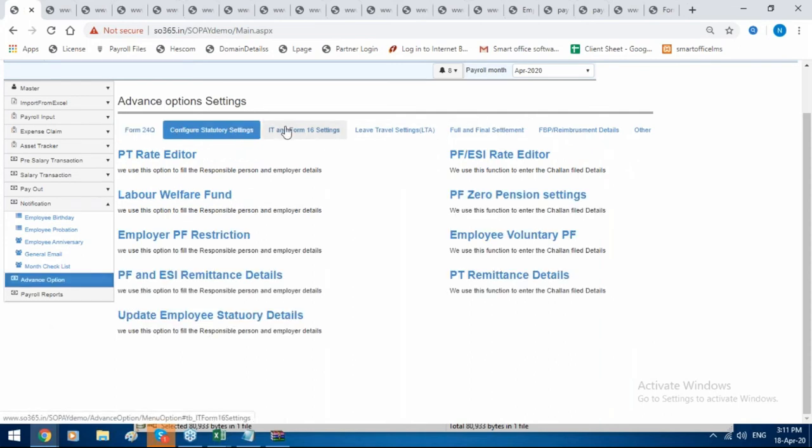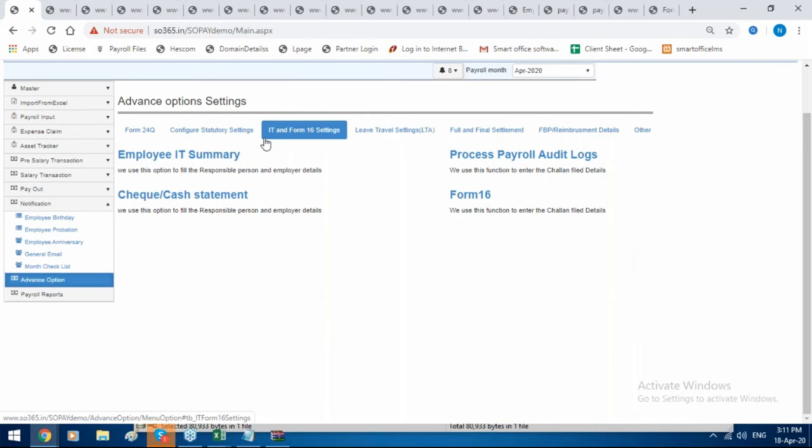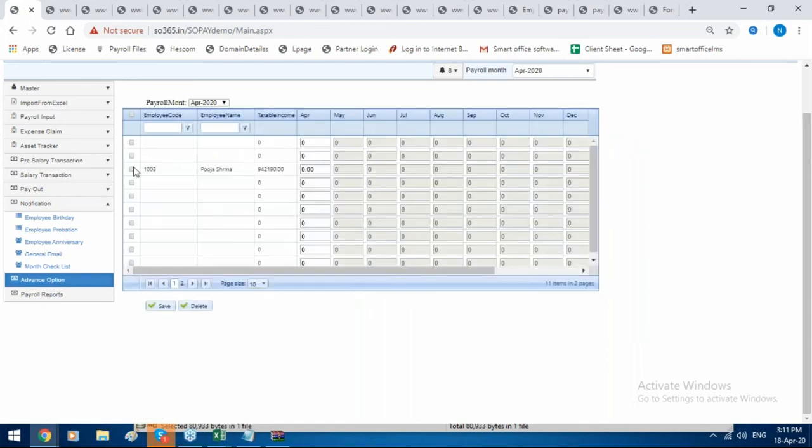I will show you one. Like if in your company you are deducting employee TDS manually, like if a particular employee's TDS per month is 5,000, but as per your company you are deducting 4,000 or 3,000, so you are overriding the TDS amount, you can override that also. The option is there. That you can also do through Excel in bulk. Just select the particular employee for whom TDS is applicable. Okay. Here you can mention how much that amount should be.